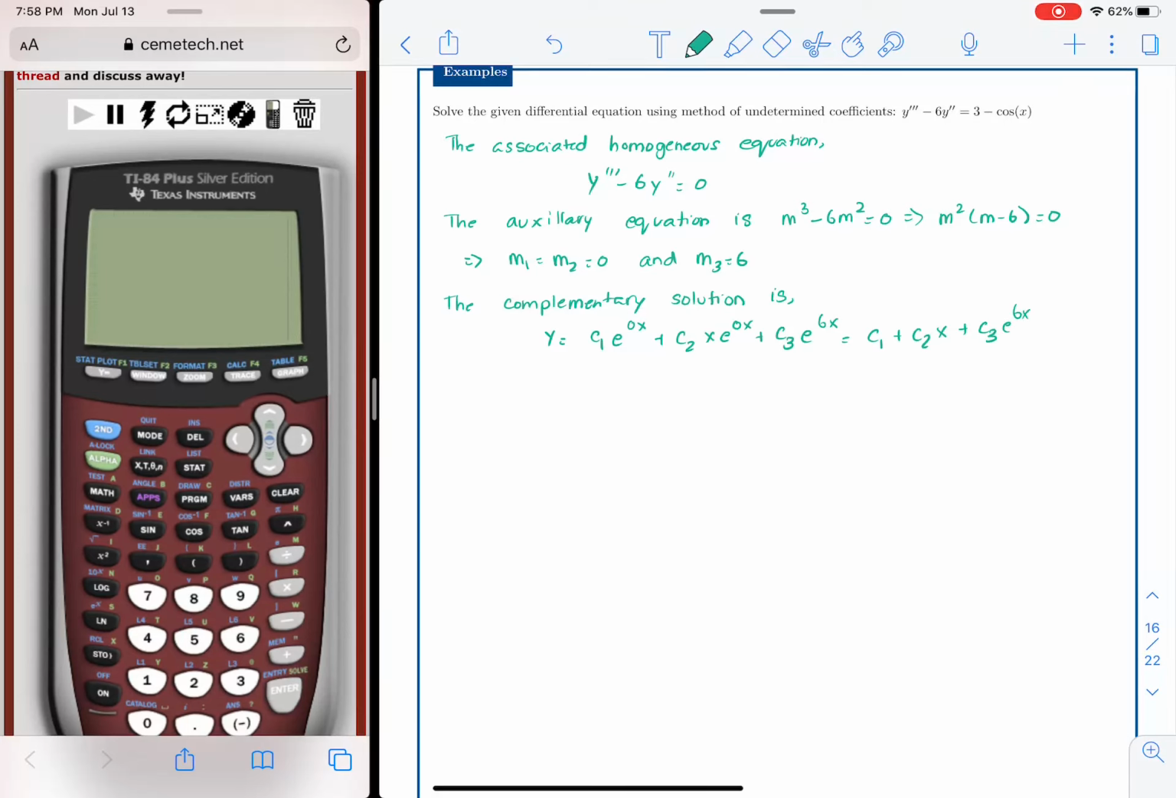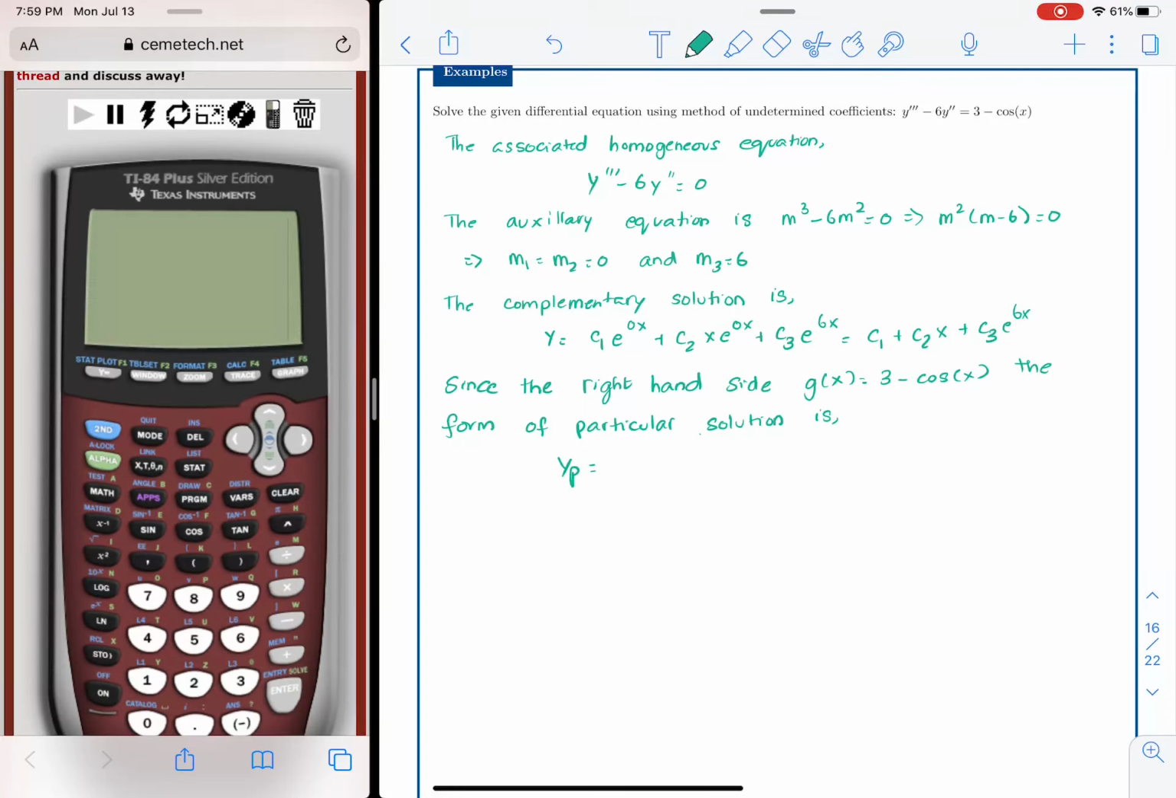So that is the complementary solution. Now we have to go and find the particular solution. So since the right-hand side g of x is 3 minus cosine x, the form of the particular solution is